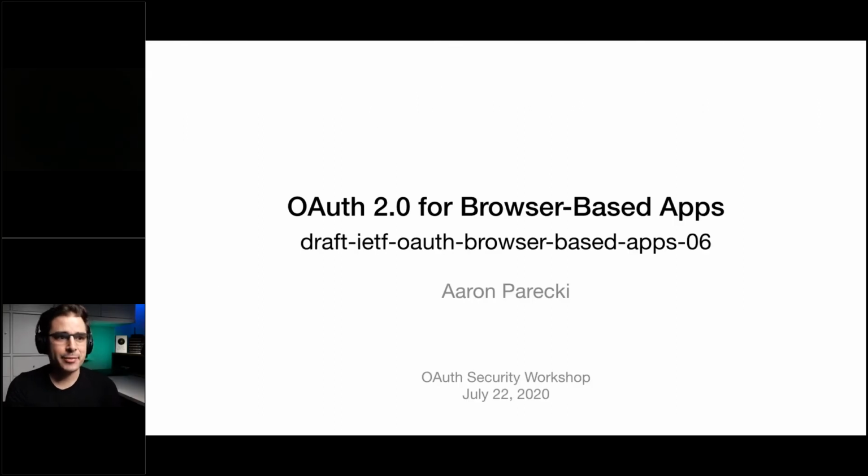I'm going to talk today about OAuth for browser-based apps. This is a draft that myself and a few others have been working on for a while now, and I'm going to give you an overview of the background of it, the goals of it, where we're at, and what we still need to do. So the idea with the browser-based app draft is